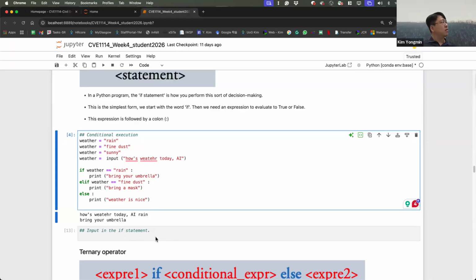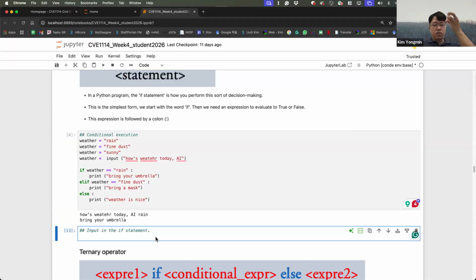And then let's also prompt for temperature. Integer temperature, for example, simply input how's the temperature today.